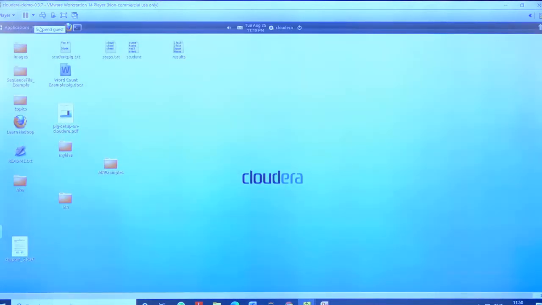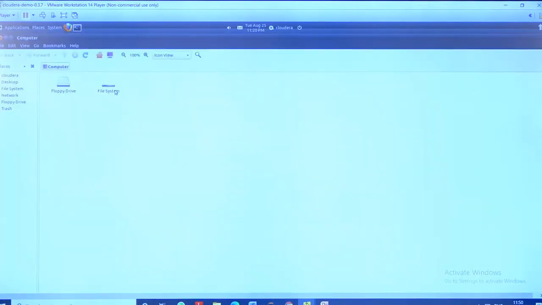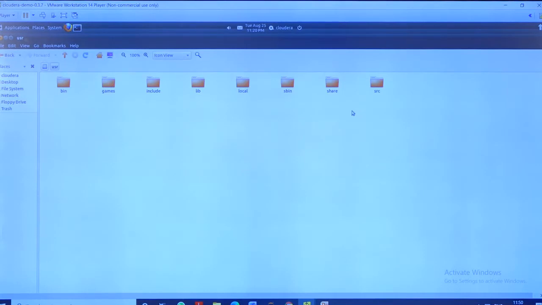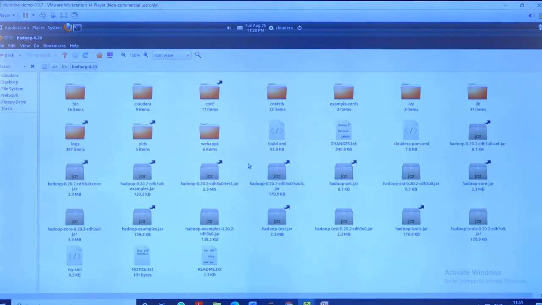to view the configuration files, you can go to Places, My Computer. In My Computer, you can go to File System. In the File System, you go to usr. In usr, you go to lib. And in lib, you have hadoop-0.20, and in this hadoop-0.20, you have the conf folder.